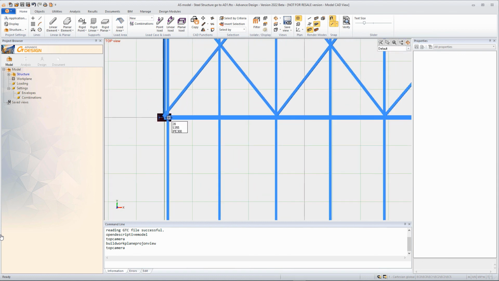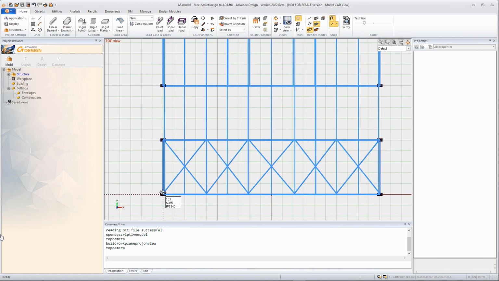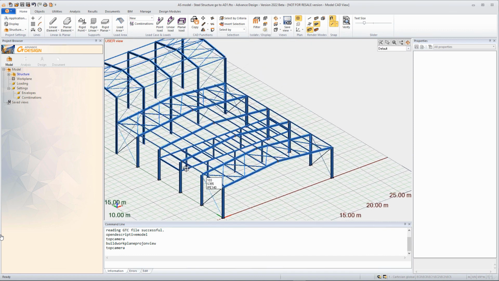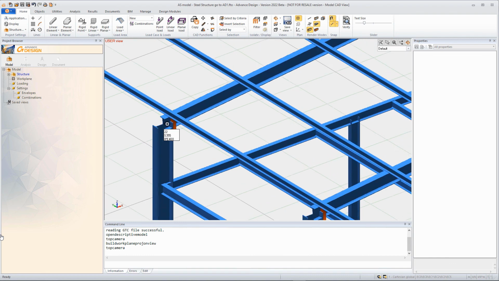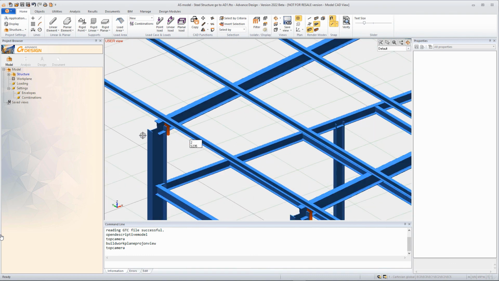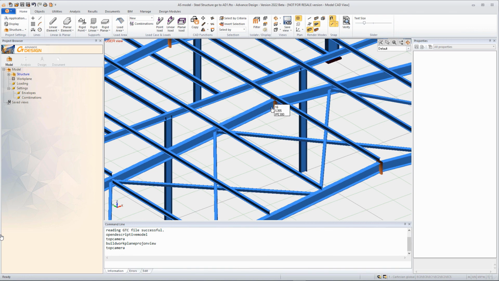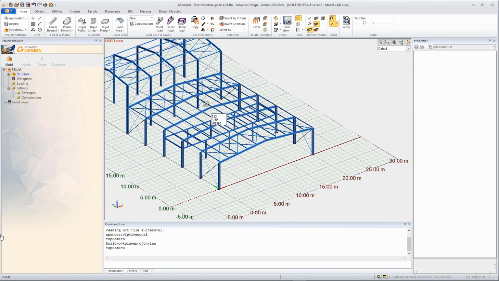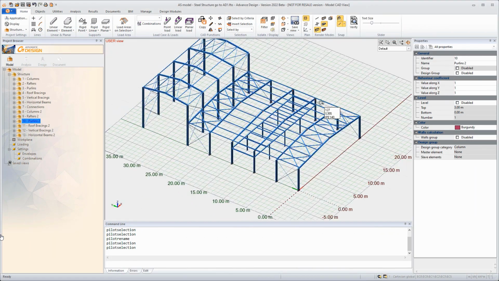We have the base plate here, and if we change the orientation of the view to an isometric view like this, we can see the inches on the column and rafters as well, and the purlin as well. Everything has been well imported. So here we can see as well the apex connection coming from Advanced Steel.